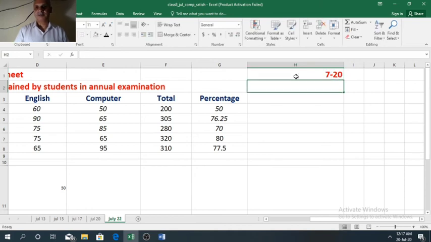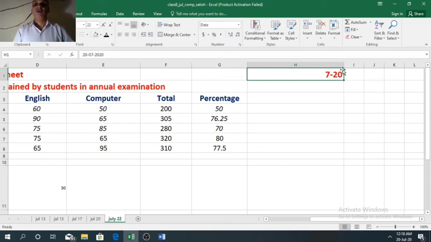Now press enter key. I had typed the date in DDMMYY format, but in the cell it is not showing the date in DDMMYY format. It is showing only the month name and year name. Month name is showing in 1 digit, year name is showing in 2 digit.